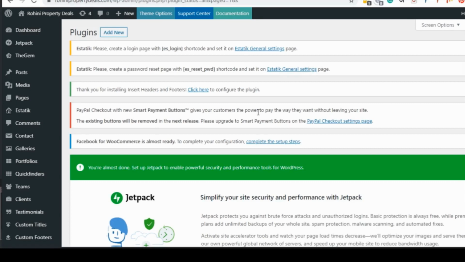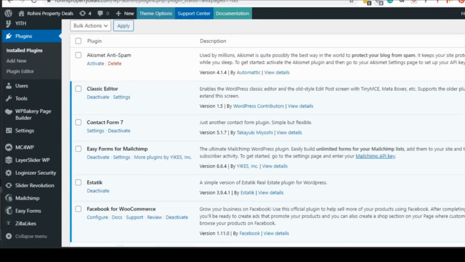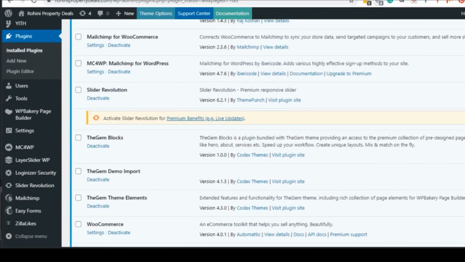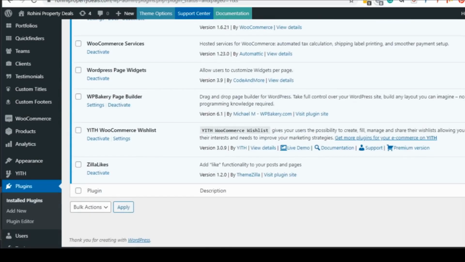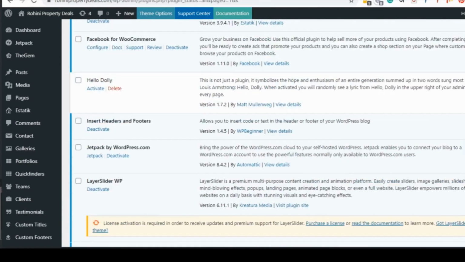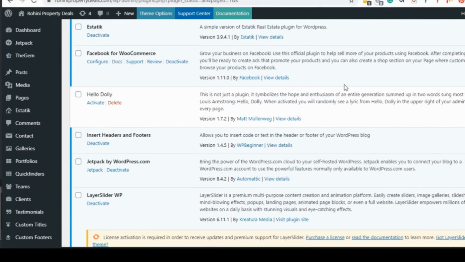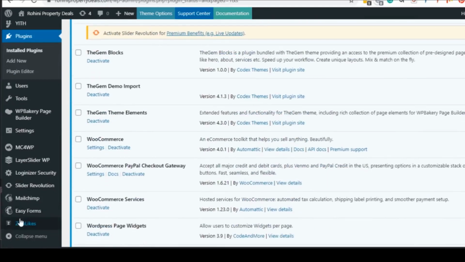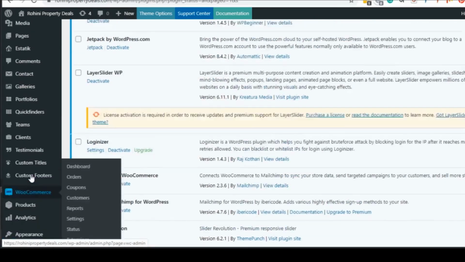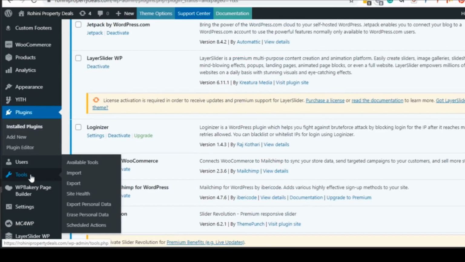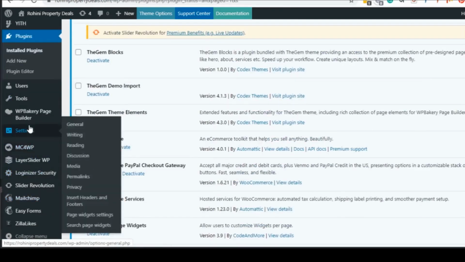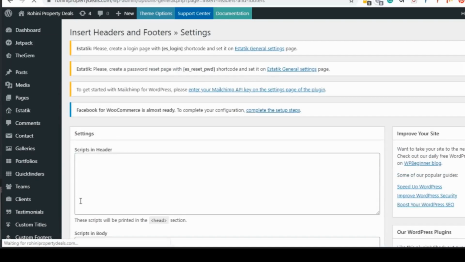And many a times it happens that if you add the code at the wrong place, it can cause issues in your website. So this plugin has been installed. We will go to the settings area. Go to the settings section and click on insert headers and footer.